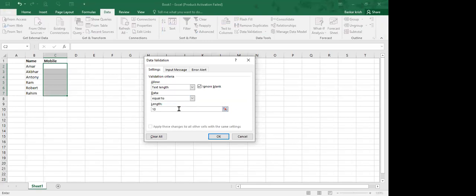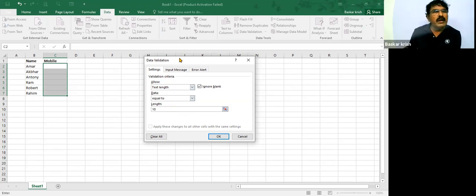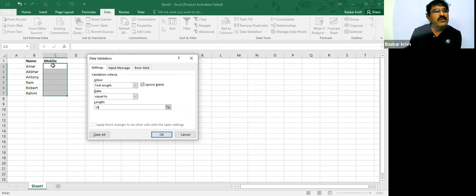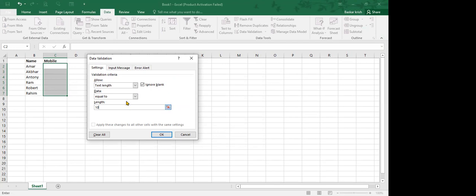See, now I can see the screen. I am fixing this for cells C2 to C7, with the data validation of text length equal to 10. Okay. Now, once you have fixed a number,